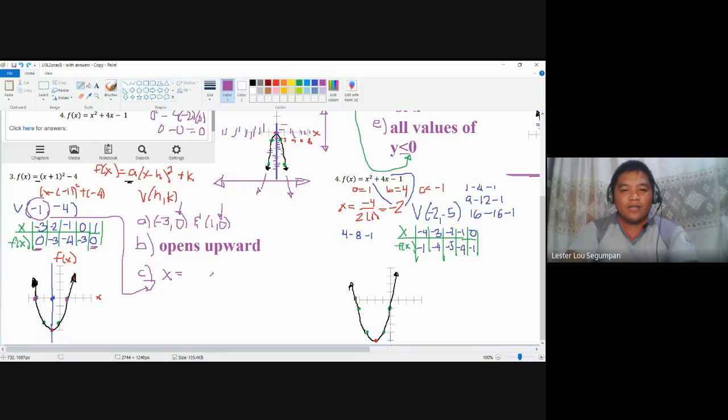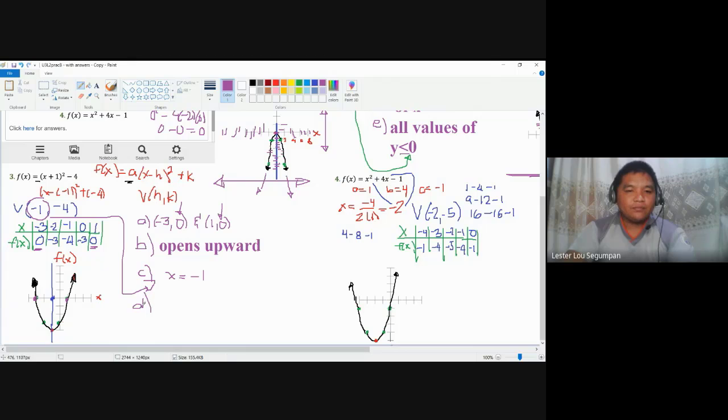So if you're going to write, by the way, just to correct, if you will just place here -1, it's not a line. It's a constant. It's a value. It should be x = -1. Similar to number one, you may answer -3 and 1, but if you talk about intercepts, they should be points. They must be points, so they must be paired with these values here. Right? So these are the correct interpretations.